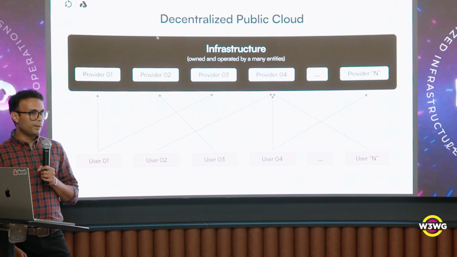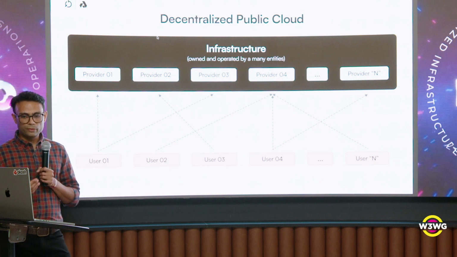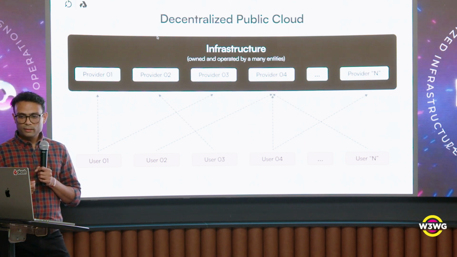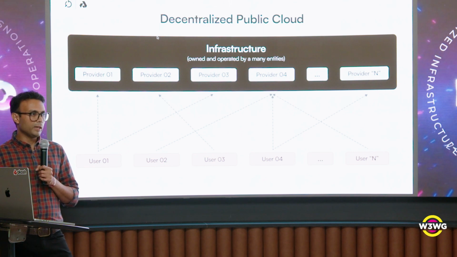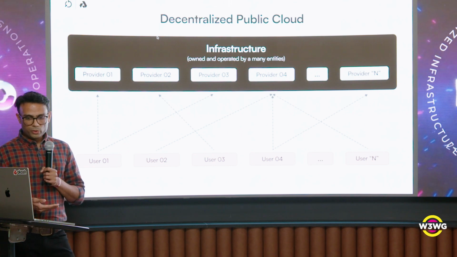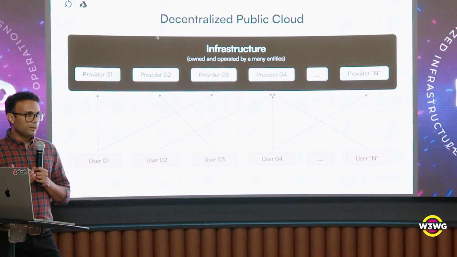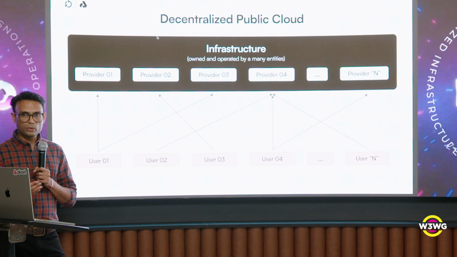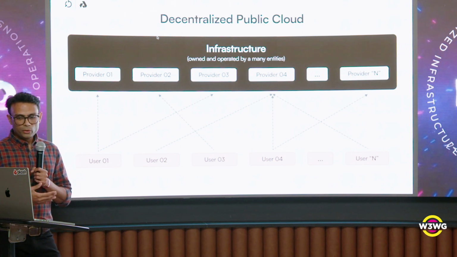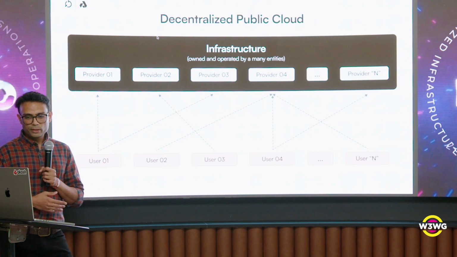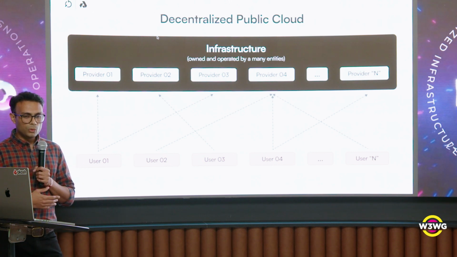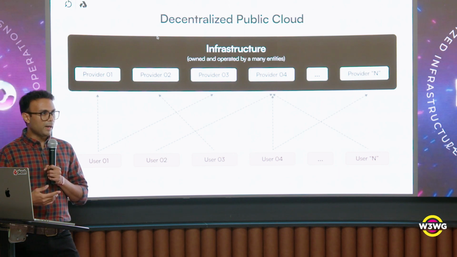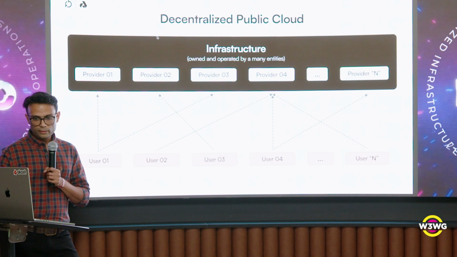So let's think about if you had to reimagine public cloud infrastructure and try to solve some of those problems while retaining the advantages of public cloud. How could you do that? The simplest approach would be to take this one single infrastructure entity and split that among many different entities that own the infrastructure. So you've taken this one single entity like AWS, and instead you've split it across many different entities that own a little piece of this entire infrastructure. Sounds great in theory, but in practice, this doesn't really work. So why doesn't it work?